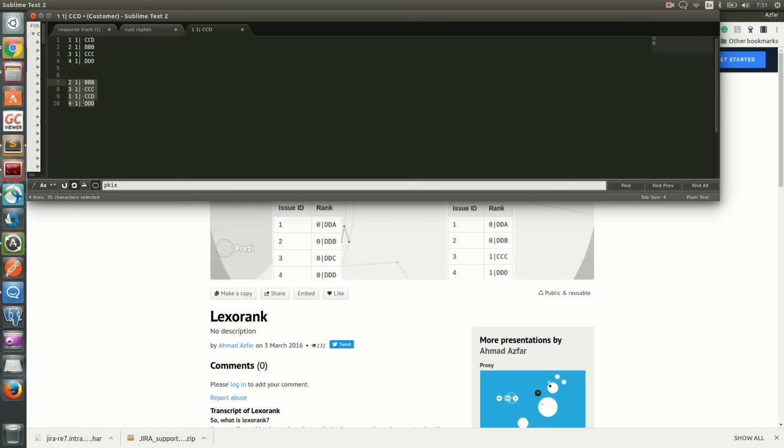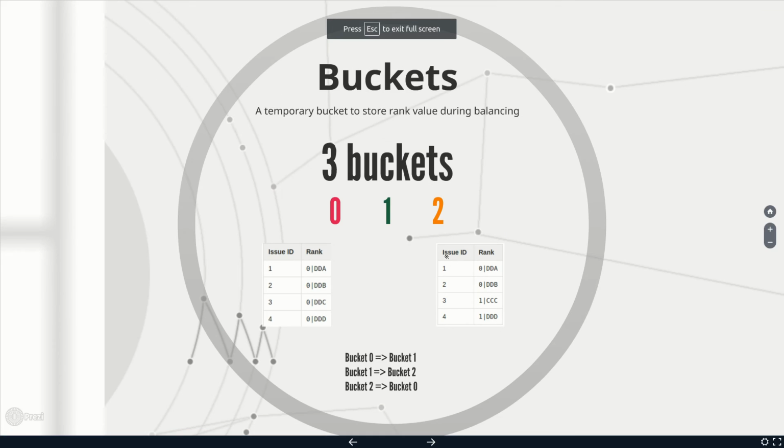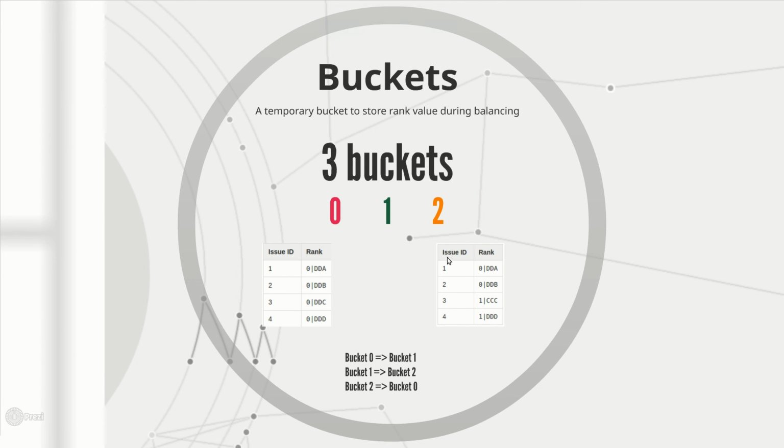Okay, so as you can see here, now issue 1 can be in between issue 3 and 4. I hope this is clear to you guys. So these are the issue numbers, and this is the bucket, because they already moved from bucket 0 to bucket 1. They have all been given a new set of ranking IDs. So when a balancing is done, they will have new ranking values, and they will be able to rank the values again accordingly,